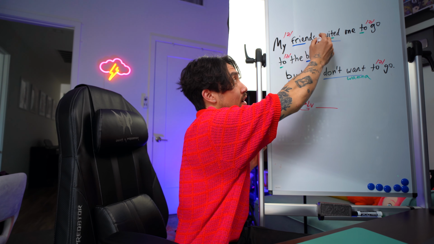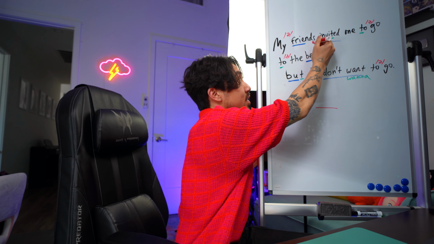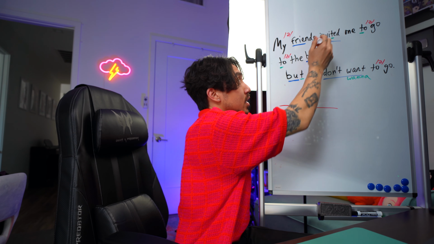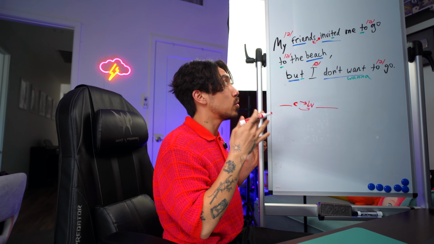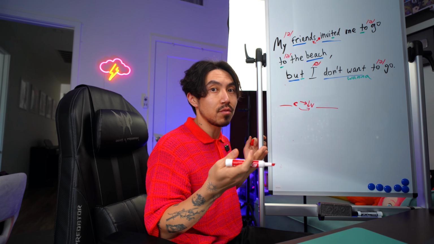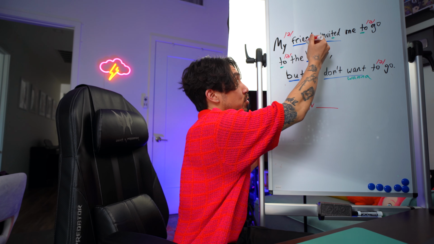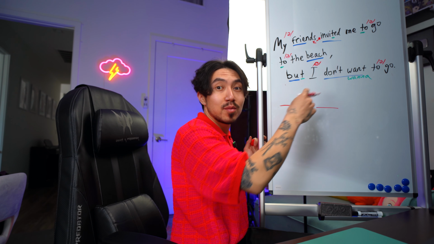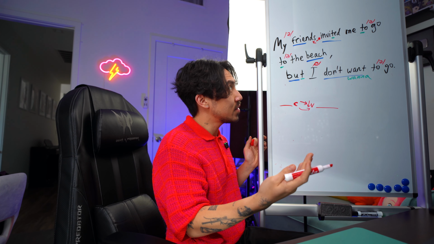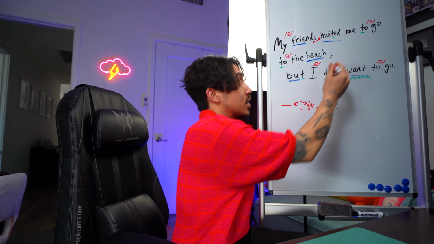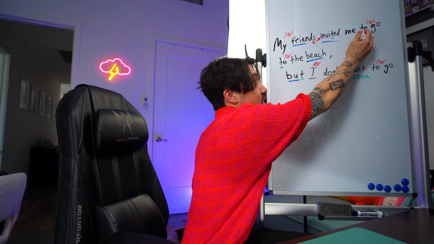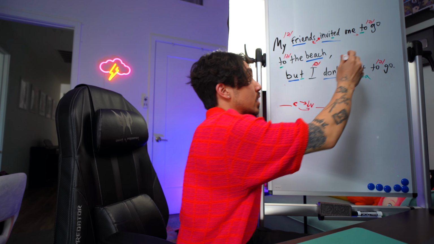Friends, right? Invited. So we're gonna take this and treat it as the first sound of the word invited, which we get zinvited. Zinvited. And now you say, my friends invited. Friends invited. Linking, just like that. Now, this is kind of like a linking technique with flap T, so that's fine.